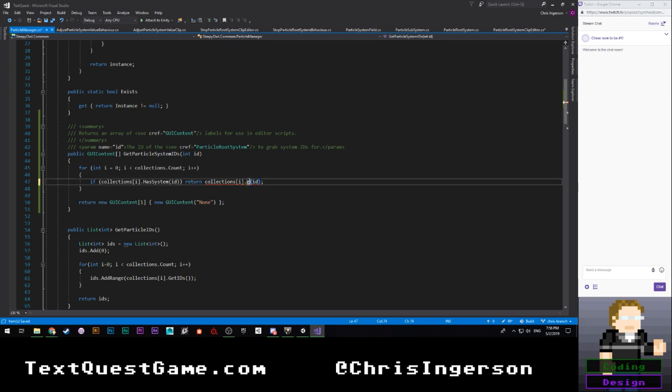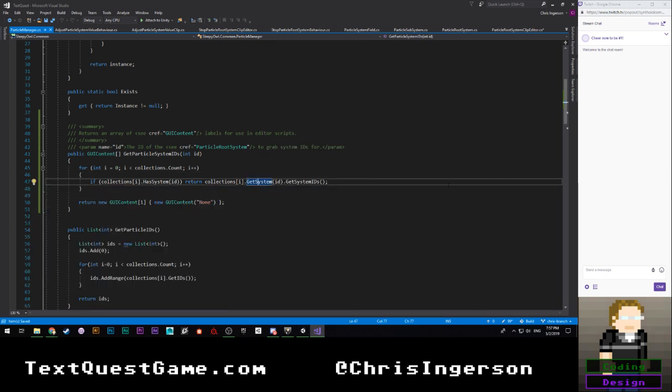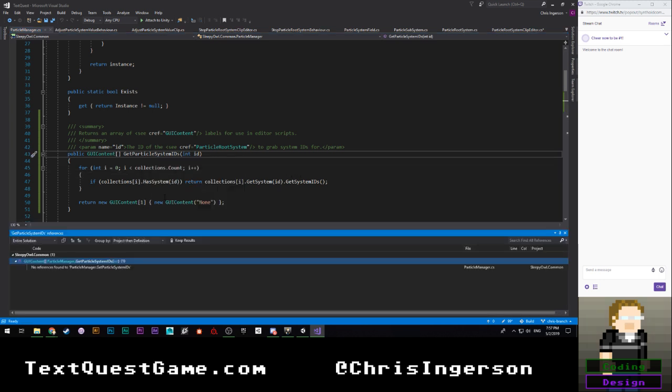So we're going to say get system, and then we're going to say dot get system IDs. Yes, and I believe getSystem does not instantiate it. It should just return the actual system value. Cool. And once we have that, which we're not referencing anywhere yet, so now we can go back to our